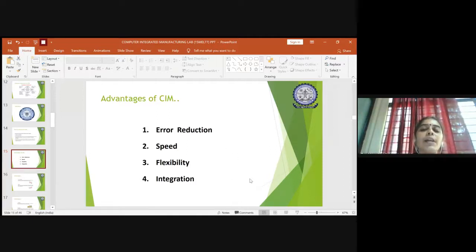If any complication arises in the design process, you have the flexibility to change the design and modify it, right? And if you have any problem with the selected material, you can select a different material and check how it works. So you have this flexibility before you do the actual manufacturing, right? So these are the advantages. And the fourth one is integration. Integration is a major advantage because you can integrate the entire data related to any manufacturing system with the help of SIM. So these are the advantages of SIM.